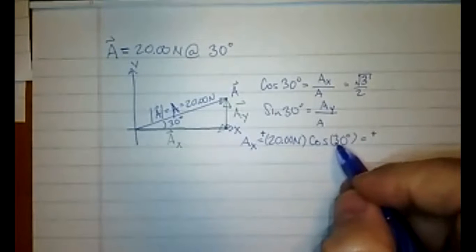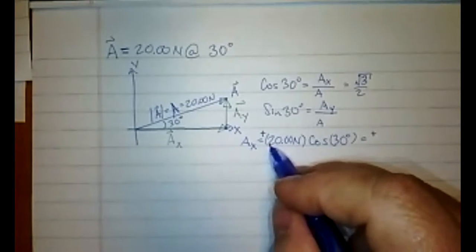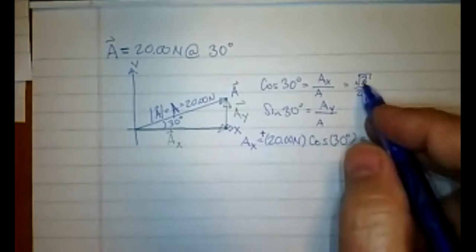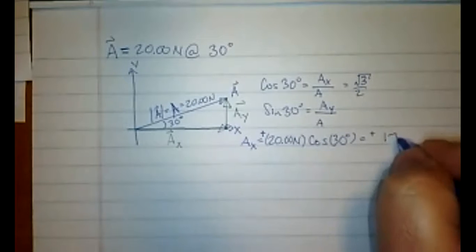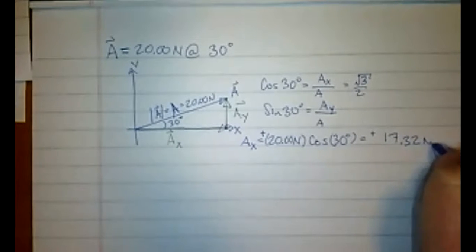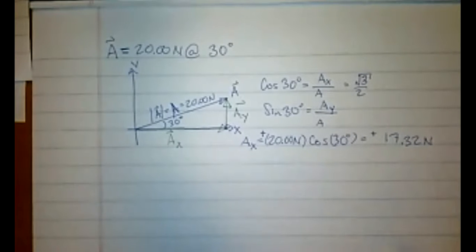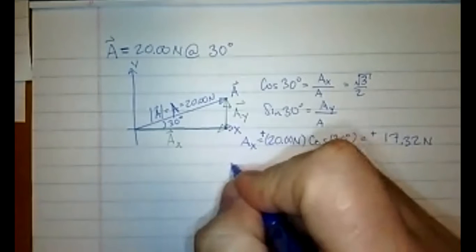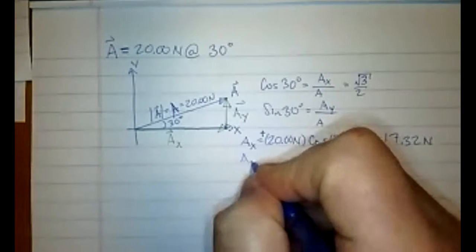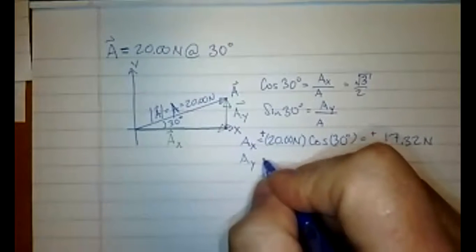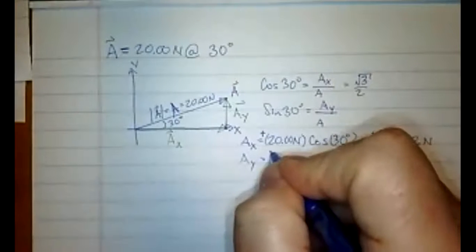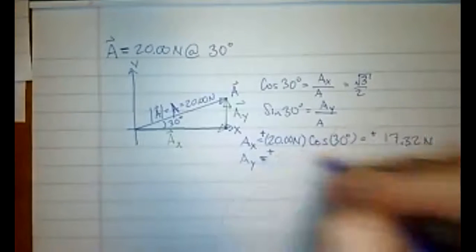So I'm going to take √3/2. The 2 will cancel out with the 20 and leave 10. And then I'll do 10 times the square root of 3, which is 17.32 newtons to the appropriate number of sig figs. a y, similarly, is equal to, again, it's a positive direction, so I'm going to force the sign, and I want you to do that every time,